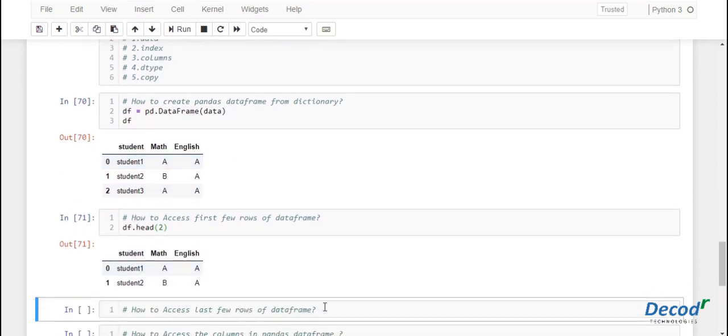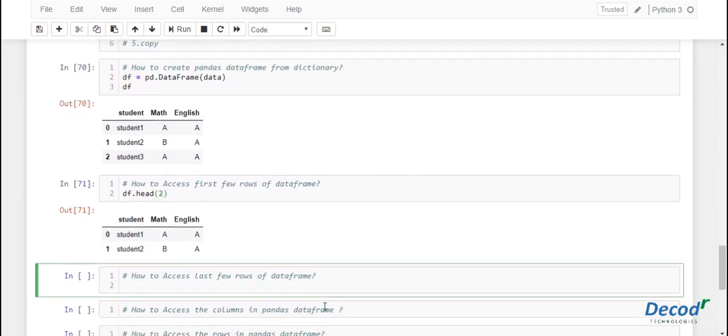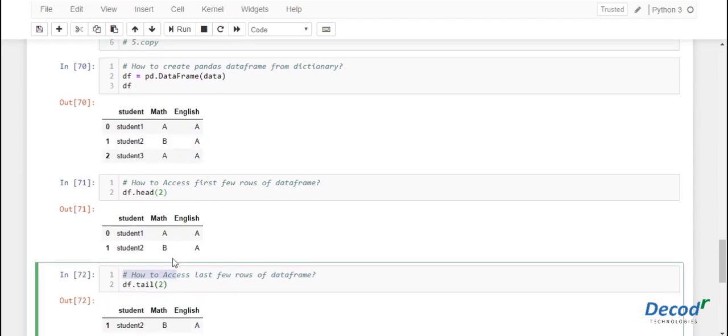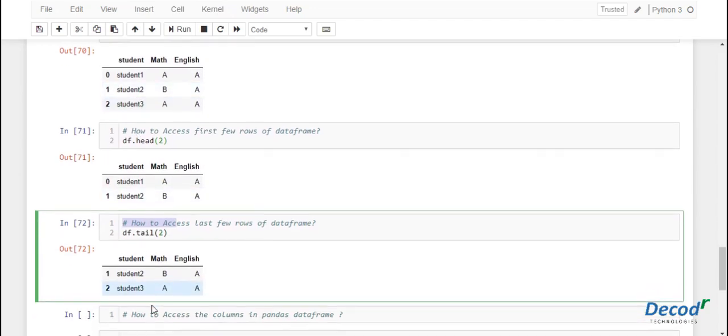Similarly, if you want the last few rows of the data frame, you have to type the data frame name followed by the tail function and pass the number. If you pass two, the last two rows will be printed. You can observe that the last two rows of the data frame are printed.